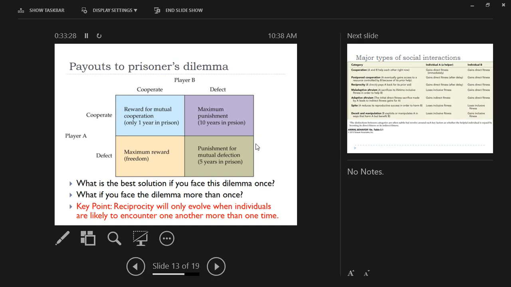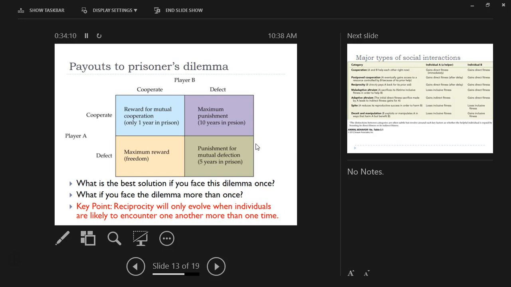So the key point is that this is kind of an example of reciprocity. This is to try to bring this back to this example of social behavior. Reciprocity is likely to evolve when individuals are going to be encountering each other over and over and over again. If you will never see the other individual ever again, there is no point to be nice to them. But if you're going to see them over and over and over again, you're going to develop a relationship with them where if you're nice to them, they'll be nice to you, and you both benefit from that kind of cooperation, that interaction. Then reciprocity can evolve and will be favored by natural selection. This is the argument. Does that make sense?